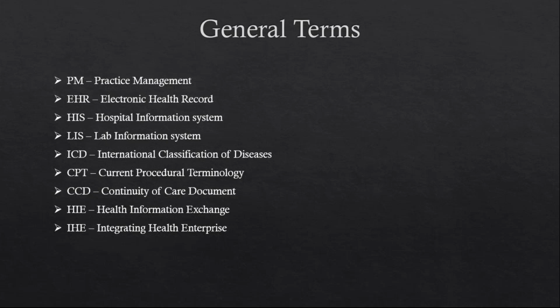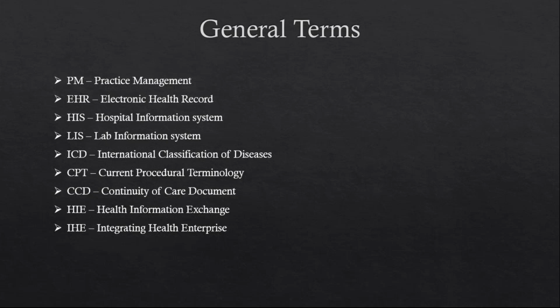ICD-9 is International Classification of Diseases. This is nothing but a library with a list of all the diseases present in the world. Each of these diseases will have a specific, unique code, using which we can identify every disease. So we usually use ICD-9s, ICD-10 right now. We are running with ICD-10, version 10, right now, and we usually come across this during the charge-related implementations. And then we have the CPT code, which is current procedural terminology.